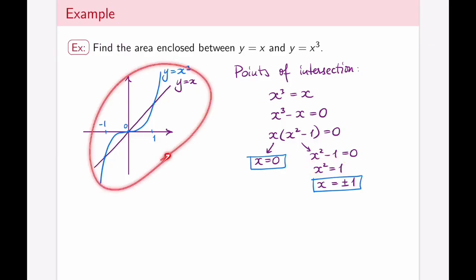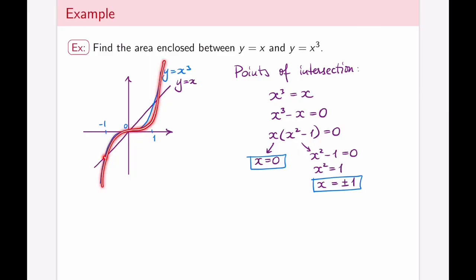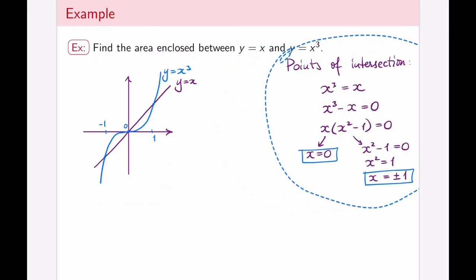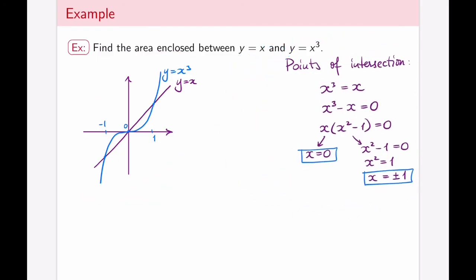The graph kind of reminds you of the fact that there has to be another point of intersection here because the cubic has a snaky shape and therefore will intersect the line once again. The graph provides a really good checkpoint for the algebraic manipulations. So points of intersection calculations aside, let's now talk about how to calculate the area actually enclosed between the two